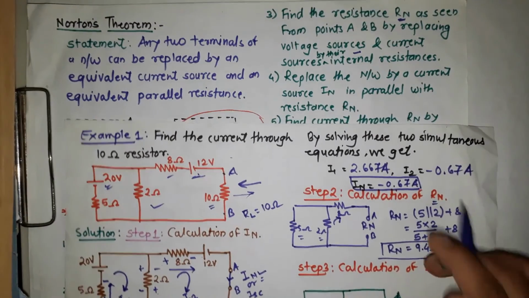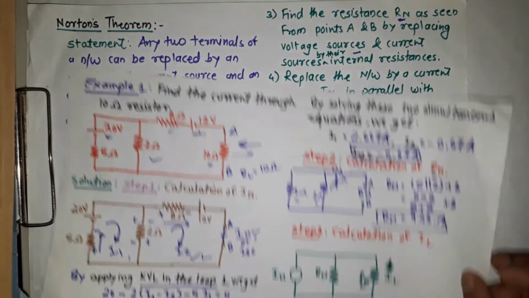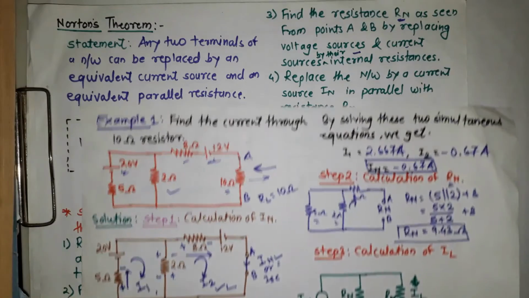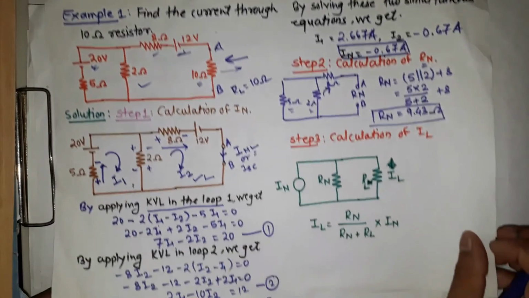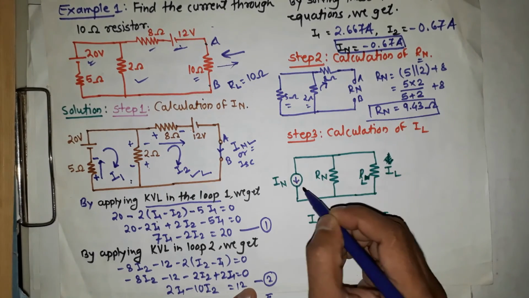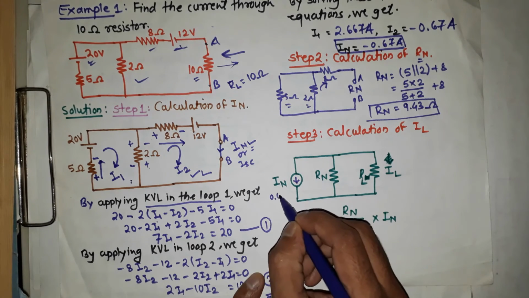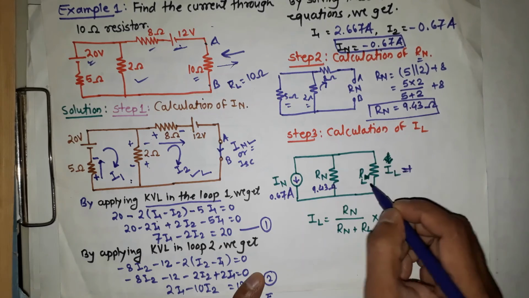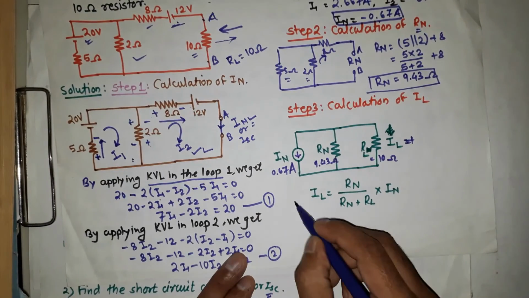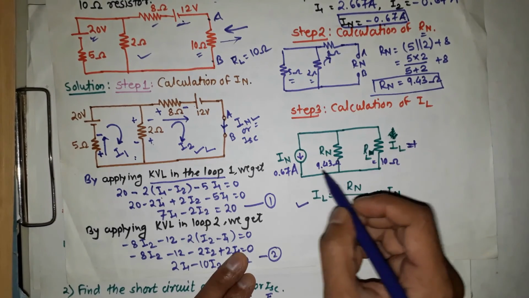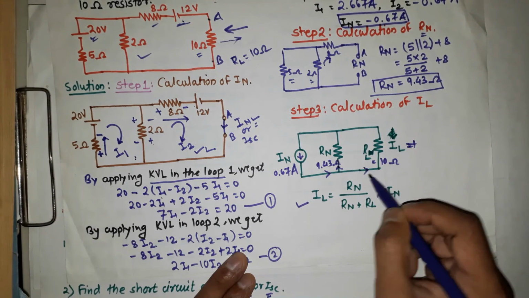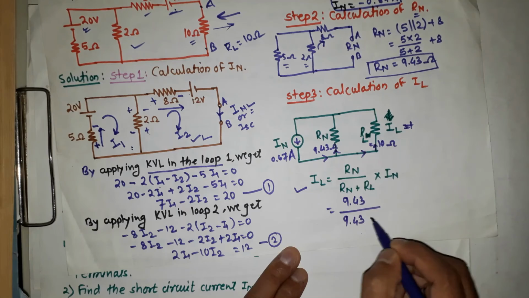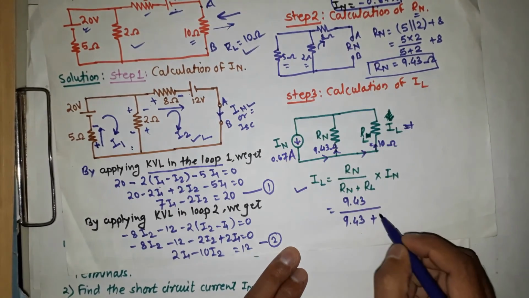See the next step: replace the network by the current source IN in parallel with the resistance Rn. IN is in parallel with Rn, and it is also in parallel with IL. That means we are replacing the circuit like this. Here the current IN is negative, so we consider the downward direction. Now IN is 0.67 ampere, Rn we got as 9.43 ohm, and RL is 10 ohm. Using this formula we find IL, the current through RL. The direction of IL will be like this: IN comes to this node, goes here, and goes here, so it is in the upward direction. So IL is equal to Rn, 9.43, divided by 9.43 plus RL, 10 ohm,